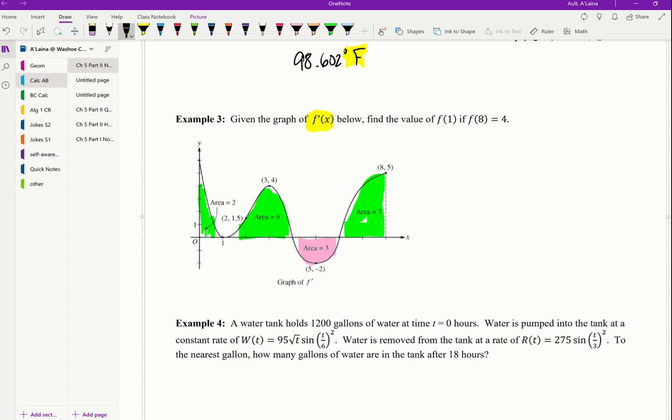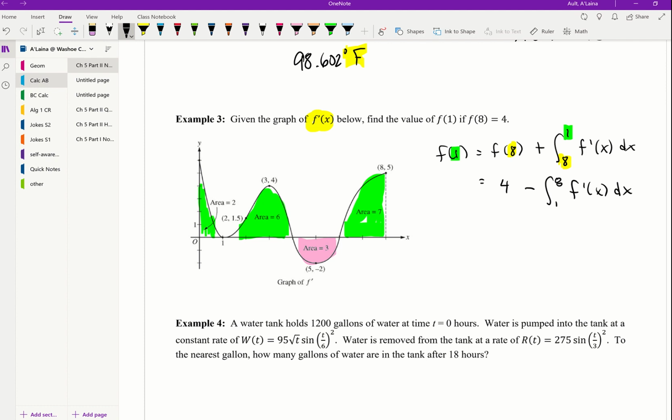I want to find f of 1. I already know what f of 8 is. So if I add on to that the definite integral from 8 to 1 of f prime of x dx. Notice my limits are upside down, but they are in the correct order for the accumulation formula. So the way I can evaluate this, f of 8, I'm told is 4. I'm going to reverse my integral here to a negative so that I have the proper